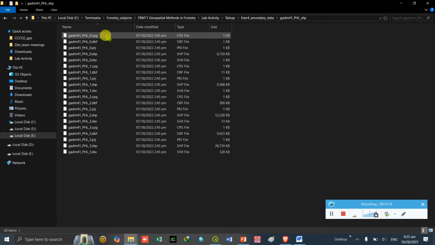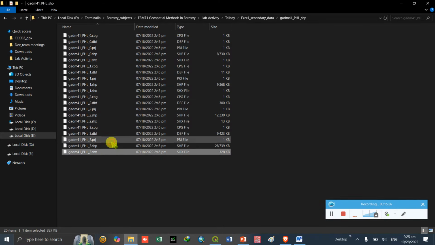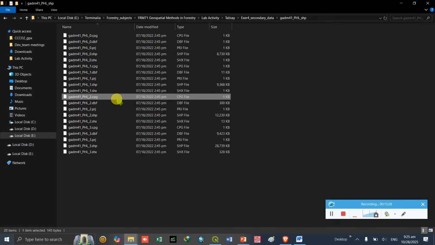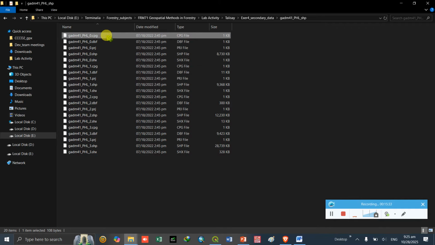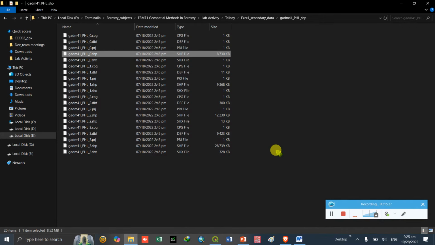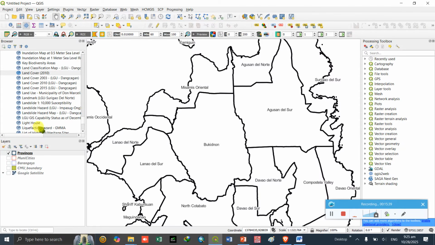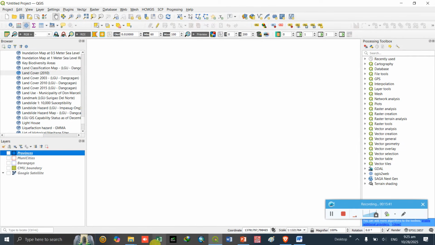So actually it's the same, but the names of the file are based on code. So I believe 3 is the barangay, cities, and the provinces, and 0 is the whole boundary of the Philippines.